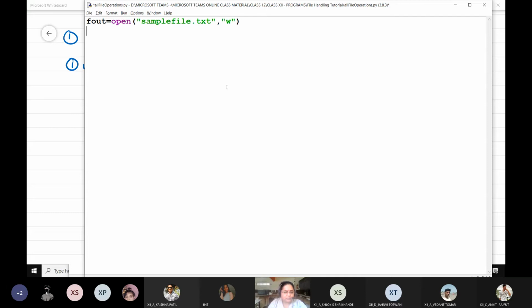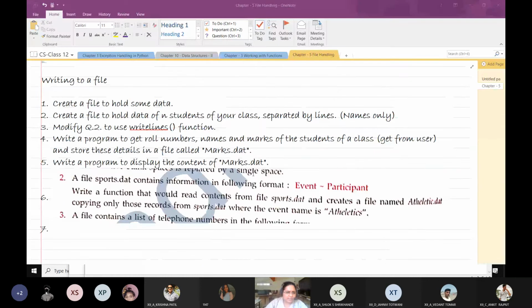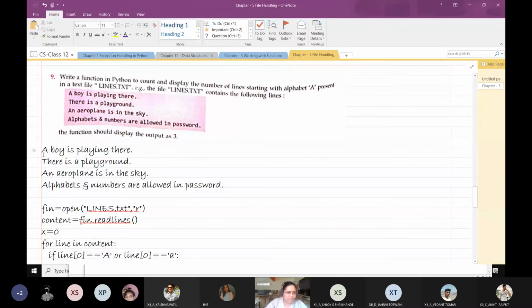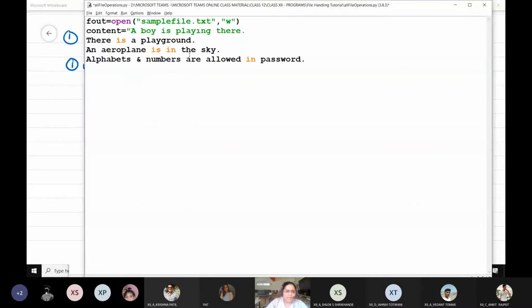Now I'm just going to create a string object, like I'm just naming the string object as content, and let me paste some text over here. So let me take the text from the same file content which I had created earlier. So I'm just going to copy the same text and I'm going to paste it here.